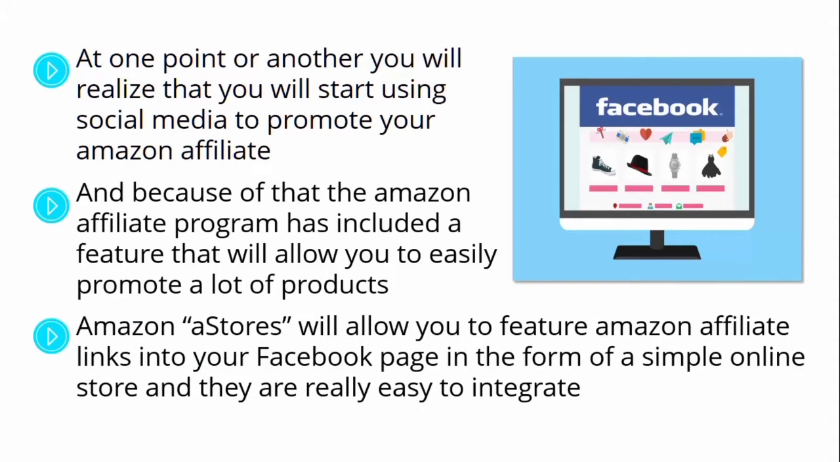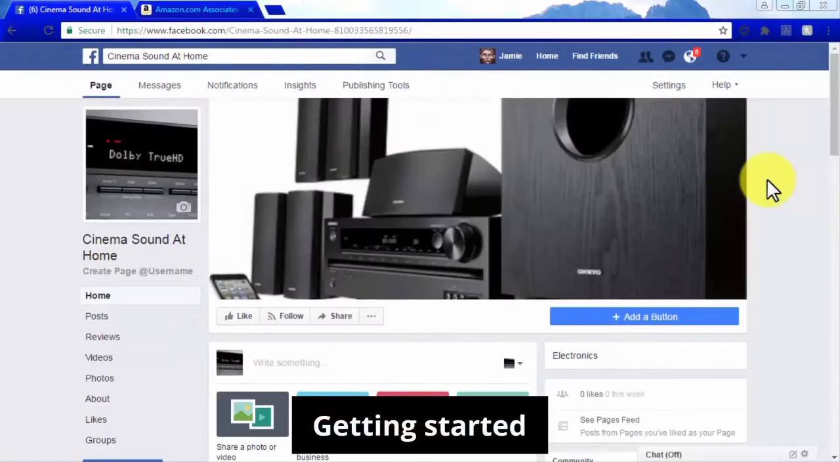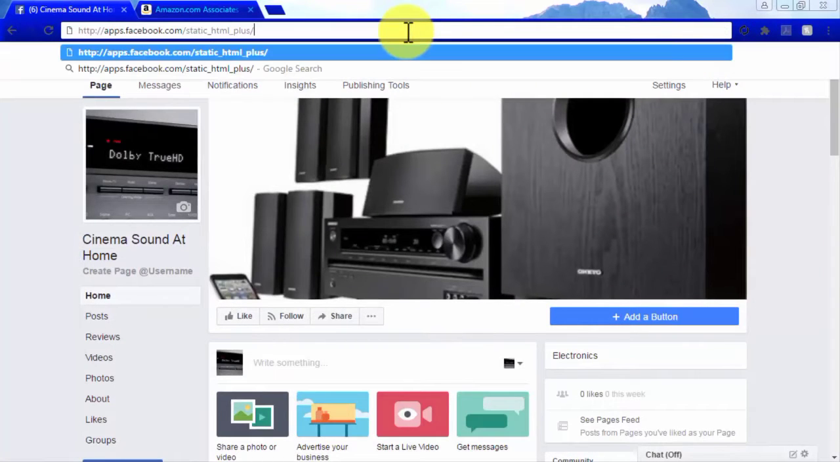Amazon A stores will allow you to feature Amazon affiliate links into your Facebook page in the form of a single online store, and they're really easy to integrate. In this video, we are going to show you how to do it with a few clicks of your mouse. Getting started. Log into Facebook and type